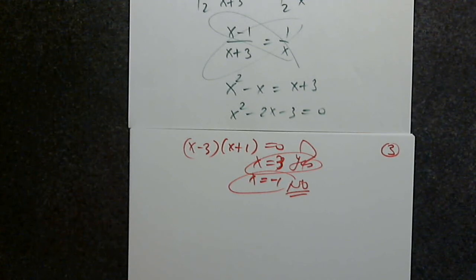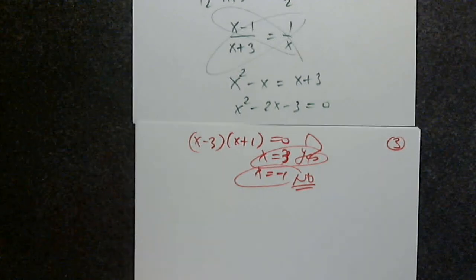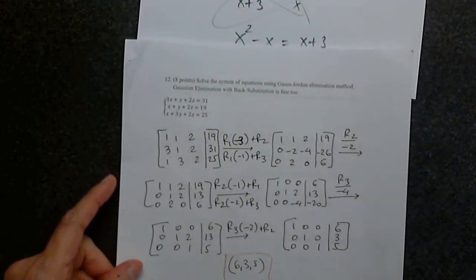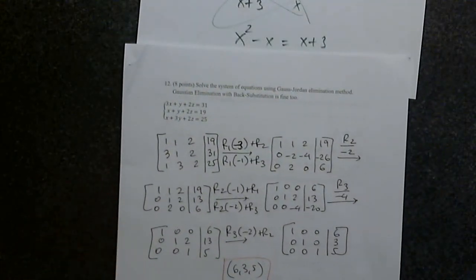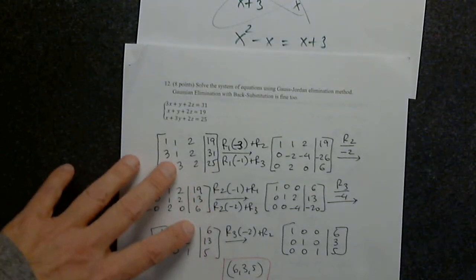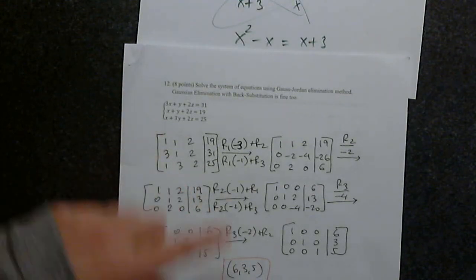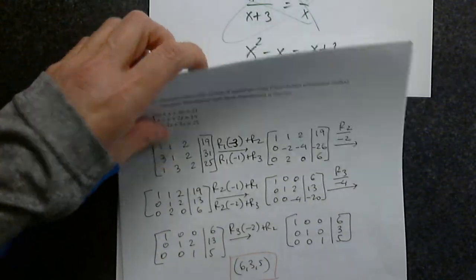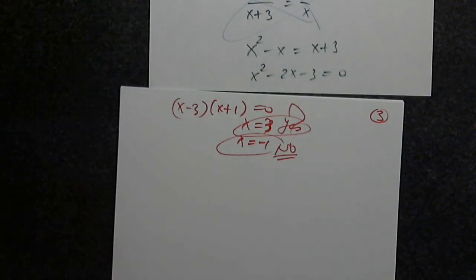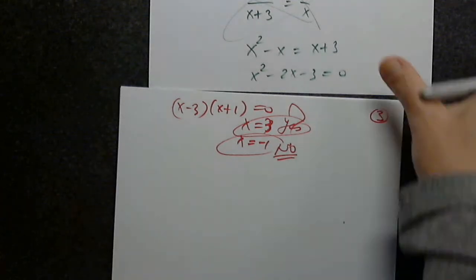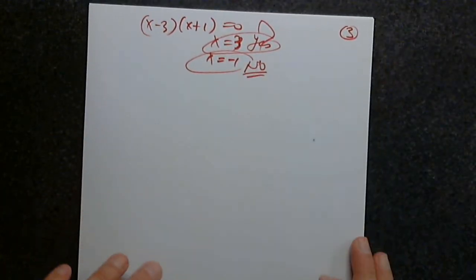Yes, of course. Number 12. You mean the Gauss-Jordan? Yeah. Okay. So we can, do you want to do it step by step? Yeah. Okay. So we have